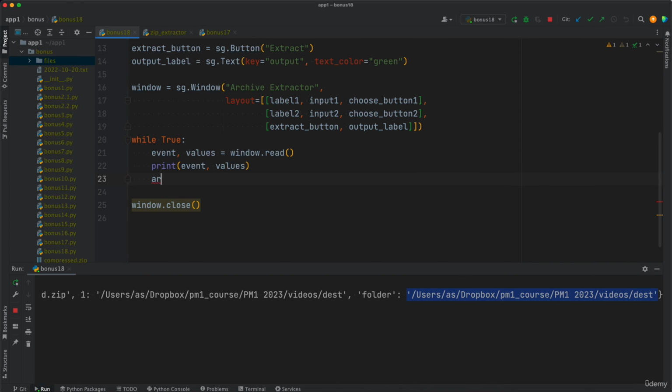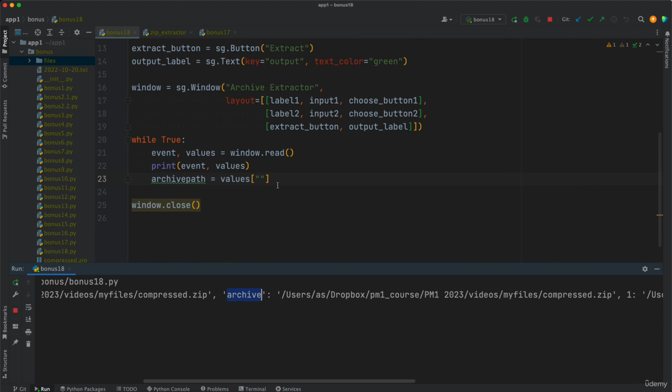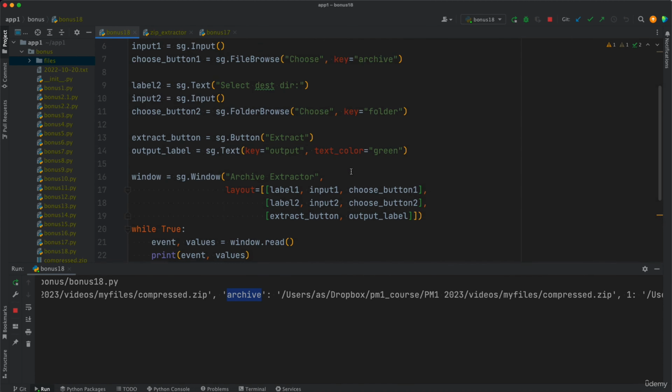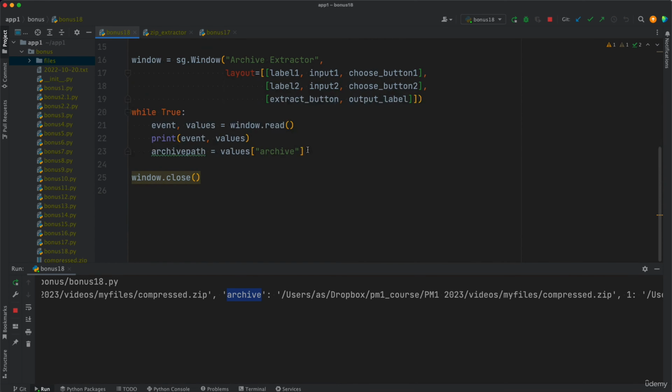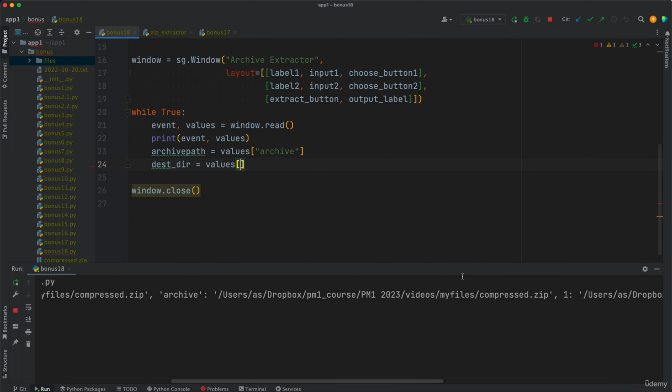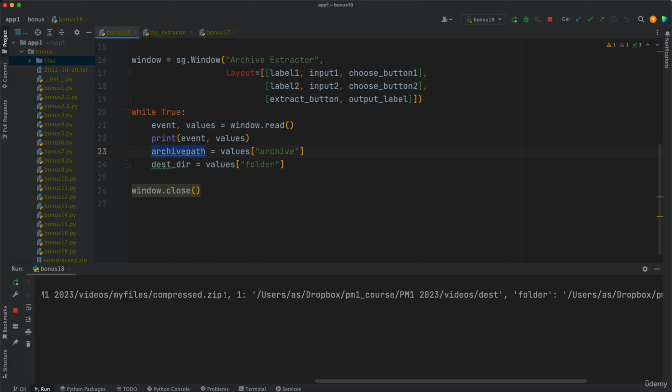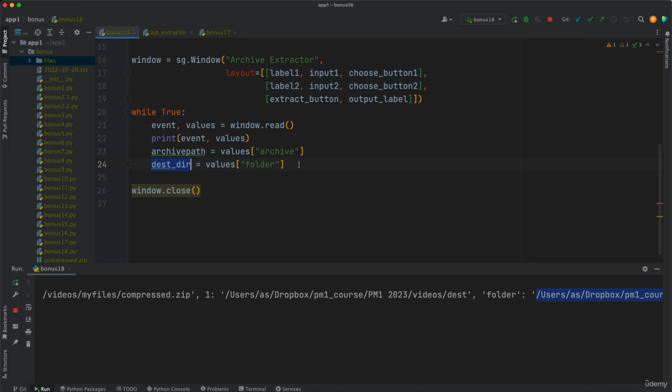And its value is the absolute path of the destination directory. So in other words, archive path is stored in values. What was the key again? It was archive, yes, which corresponds to that. And so that is the archive path, and the destination directory path is values. Was it folder? Yes, folder. So now we are storing that string in here and that string in here. That allows us to